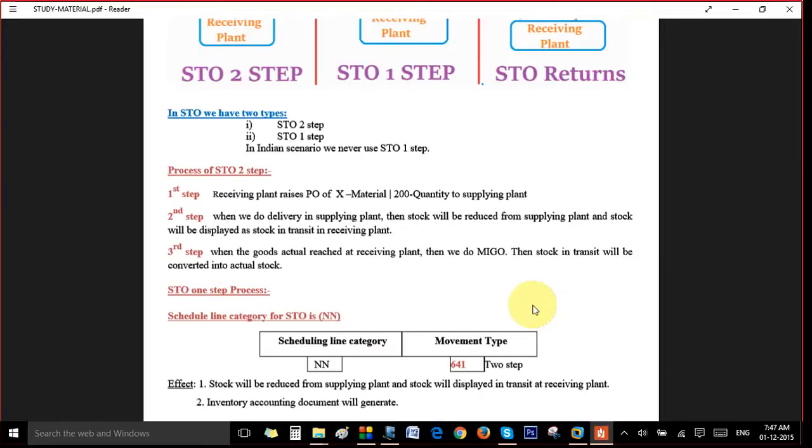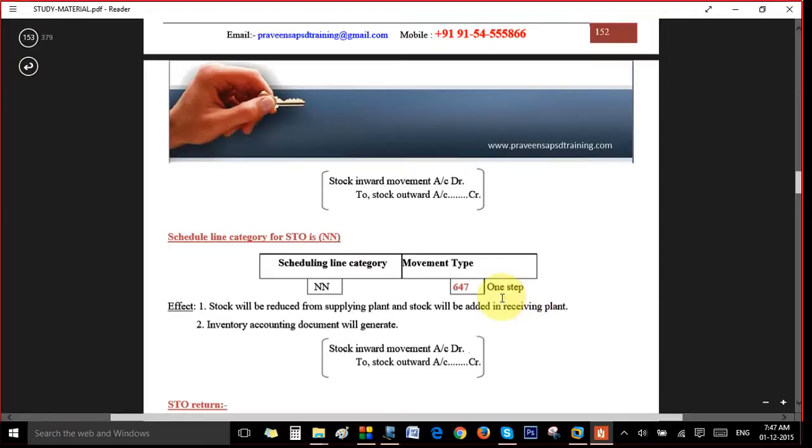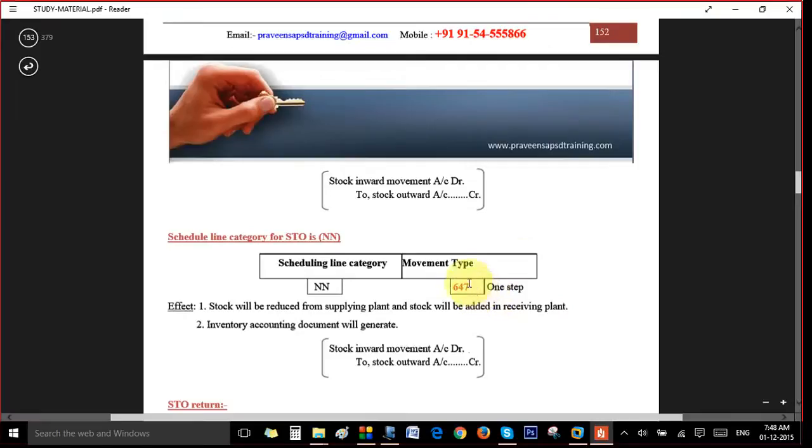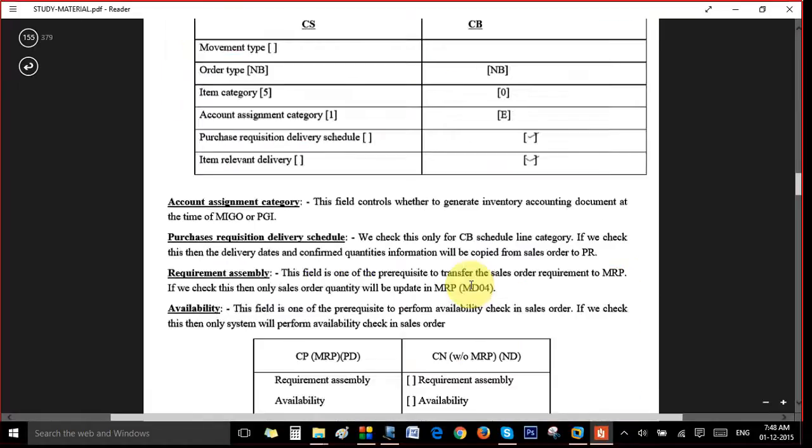One thing you can remember, like I used to remember, is for one step there will not be one. So it's not opposite, but when we say one step we think of 641, but it is actually 647. I used to remember that one step means it is not 641, something other, that is 647. So this is very much confusing actually.